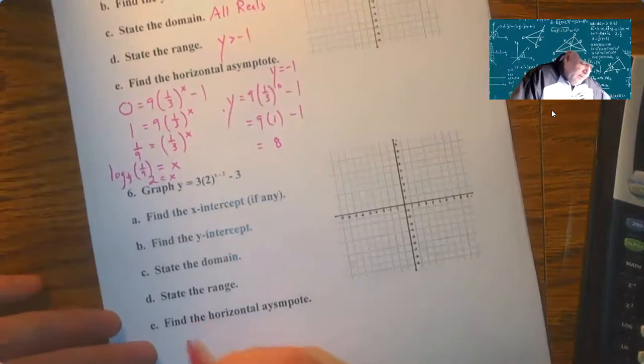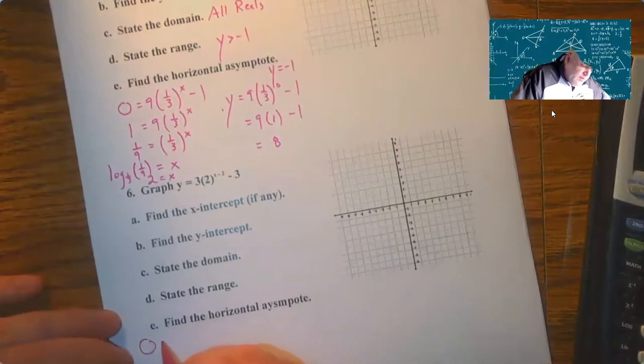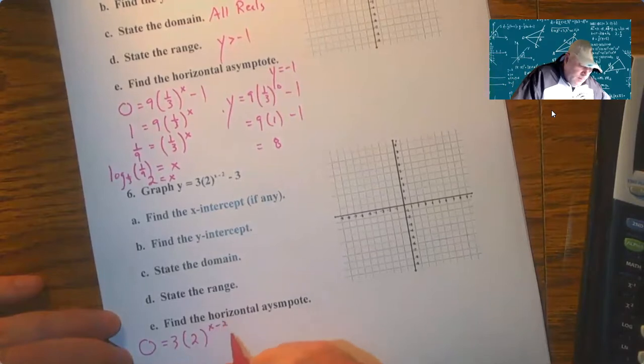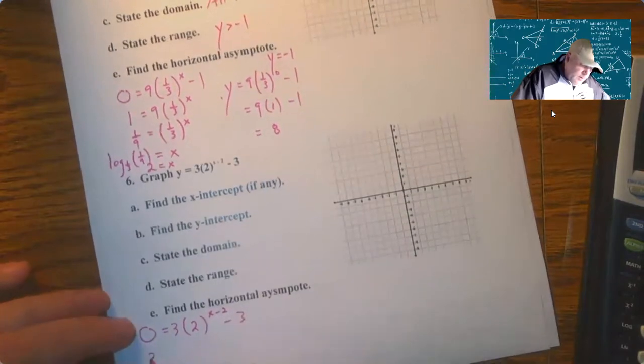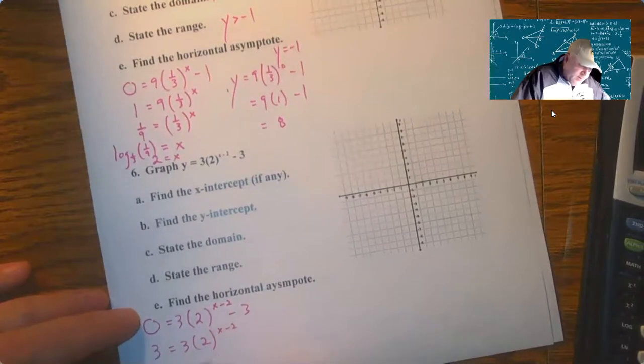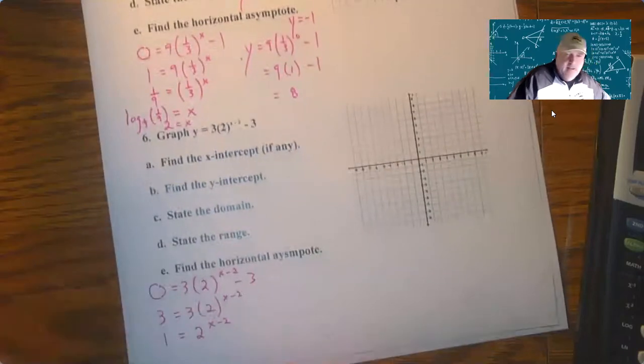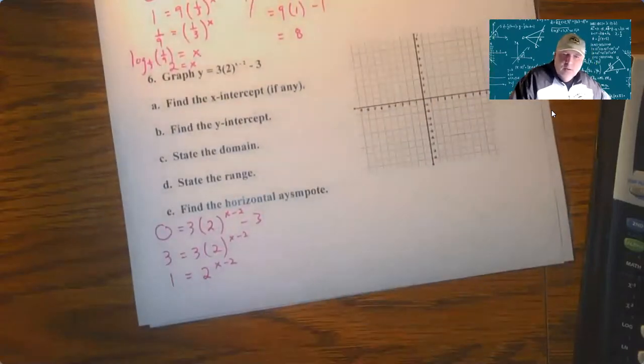So x-intercept, same idea, let y be 0. And then we're going to solve. So this one will be a little bit of work, but it's just like solving an exponential that we learned in the last unit. So you get the exponential bare with a series of steps, and then you're going to do, this